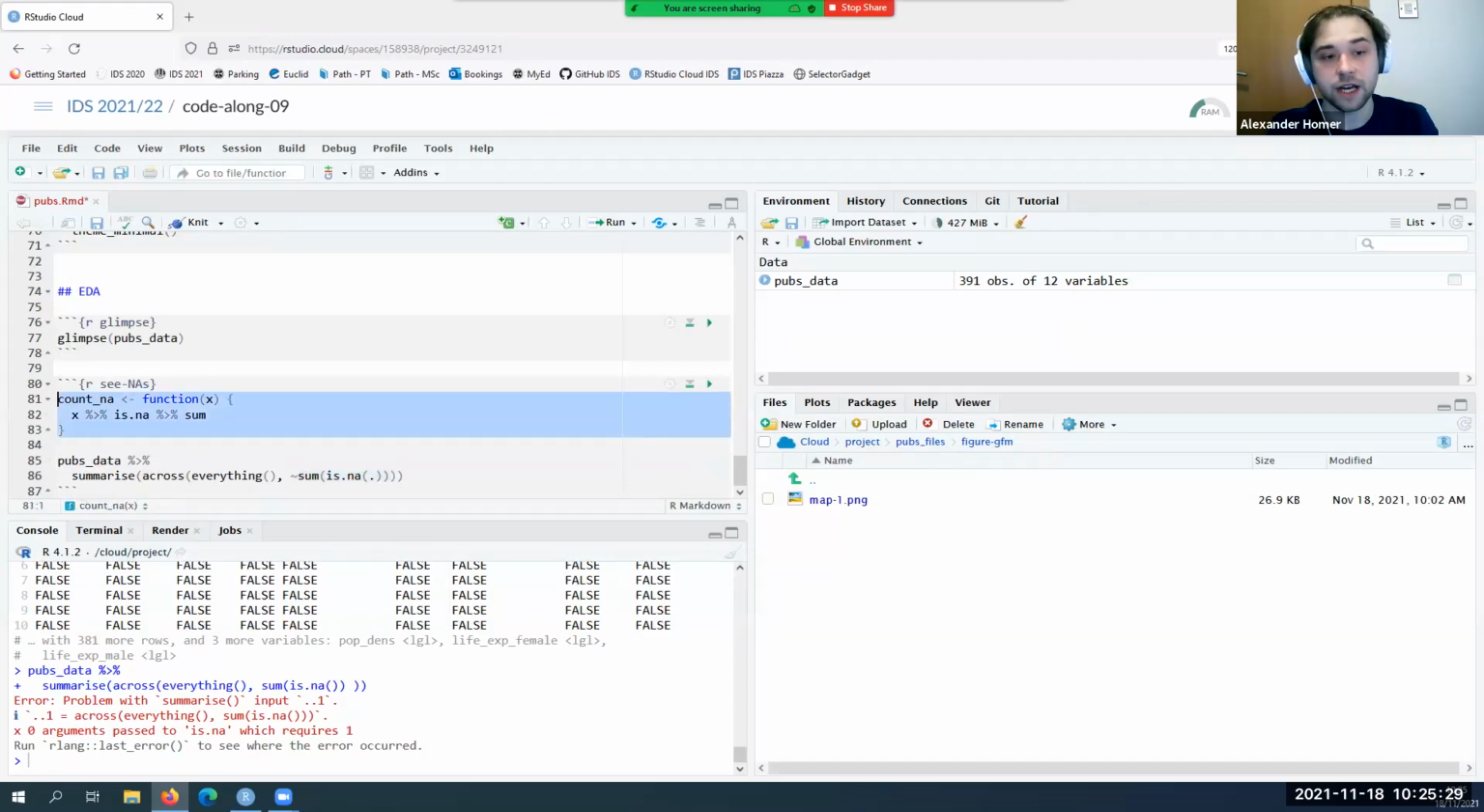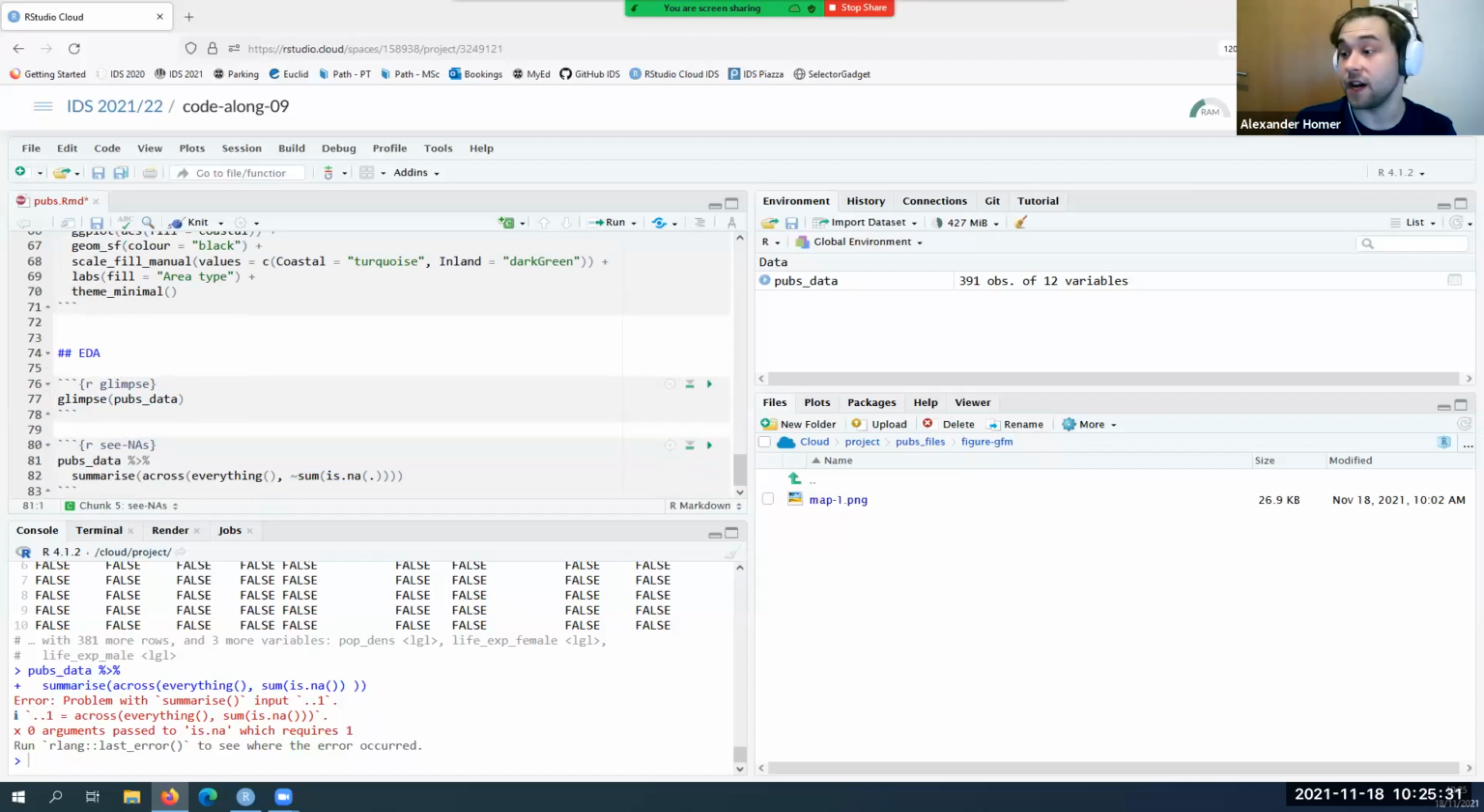The other thing we could have done was mutated first and then summarized. So we could have mutated is.na and then done the summarized sum of each column. So there's a few different ways to do it. None of them is right or wrong, and they all get to the same answer. But the other thing that I am going to do is talk about this